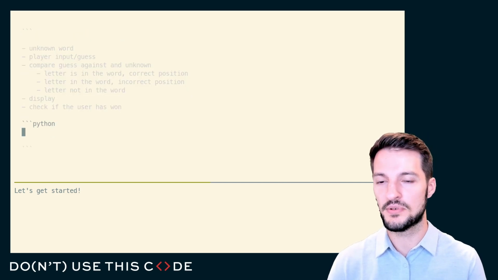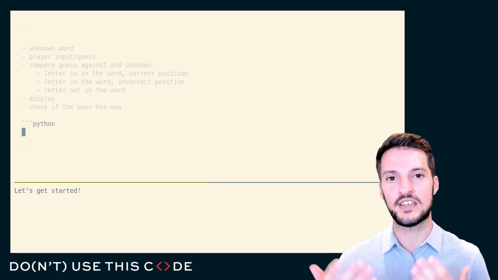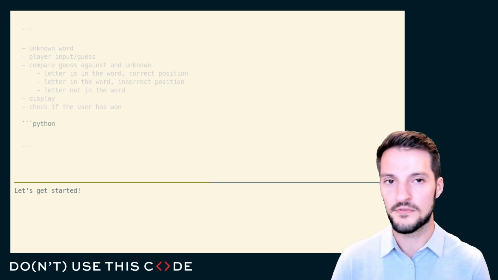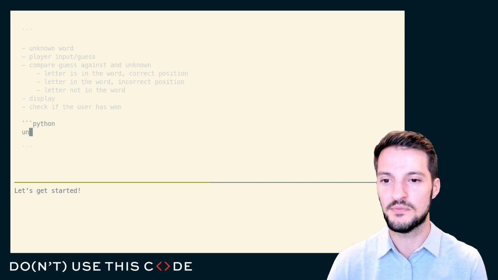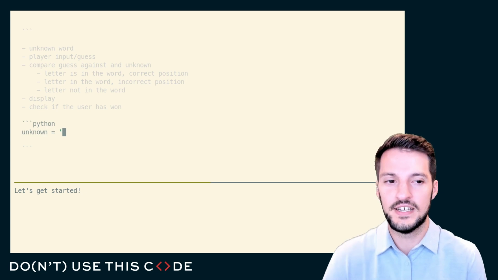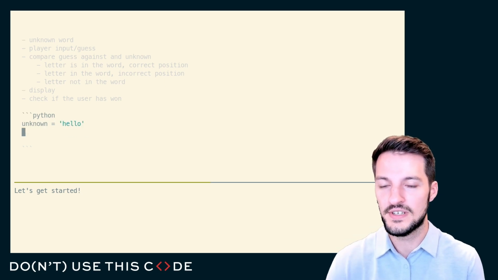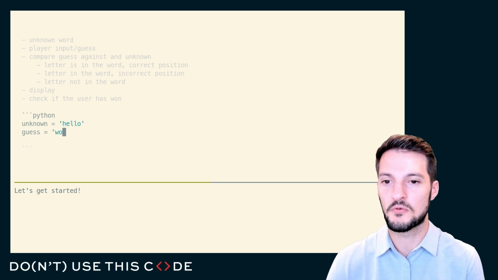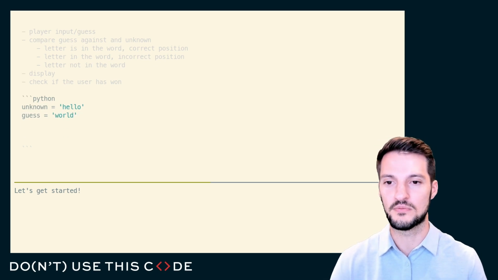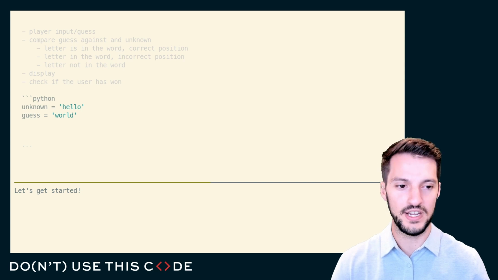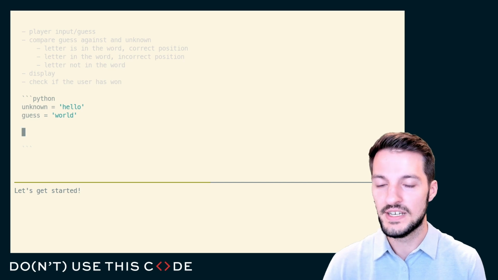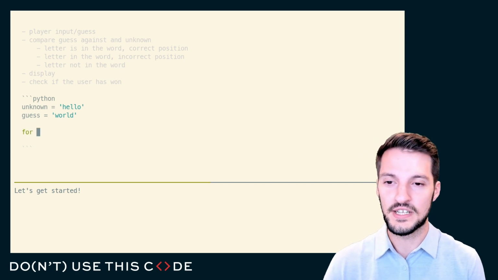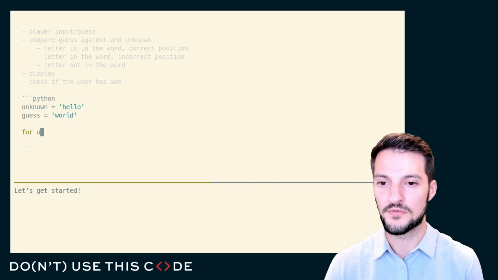If I were to mock this up, I obviously need those 2 dependencies that come before it, but I don't need to load in 500 5-letter words and then have some fancy way of getting user input. I can simply define those ahead of time, and I can say that my unknown word is hello and that my guess is world. In order to compare these 2 words, strings, I will need to zip them together. So I can iterate over them, zipped together, to access each letter. So I will say for unknown letter, guessed letter,